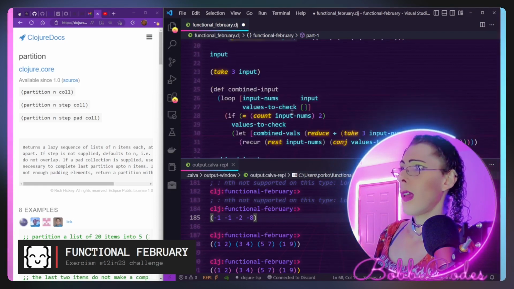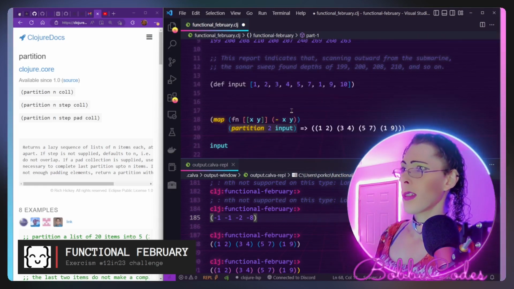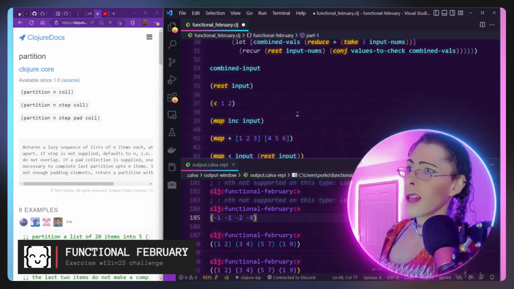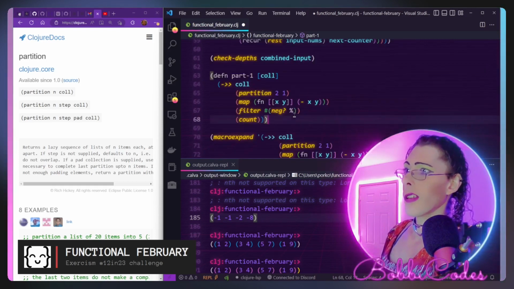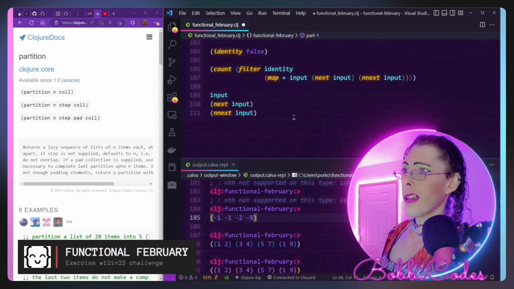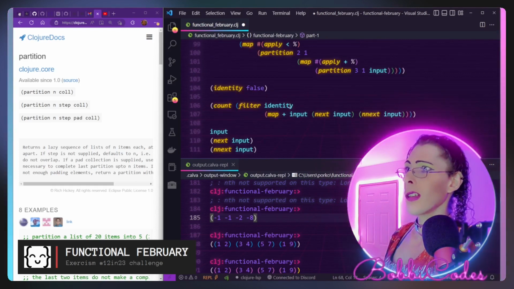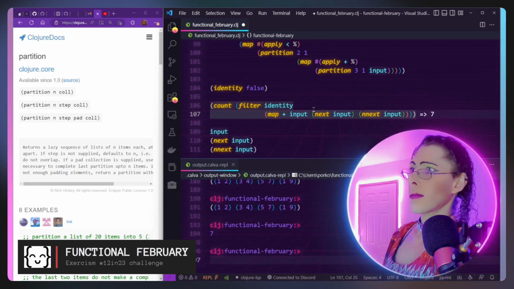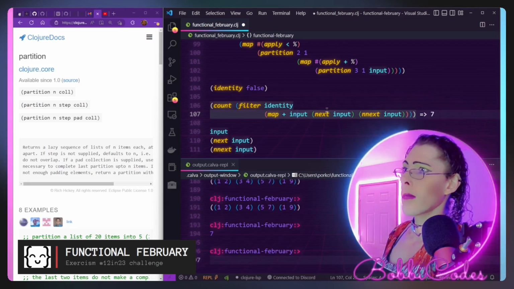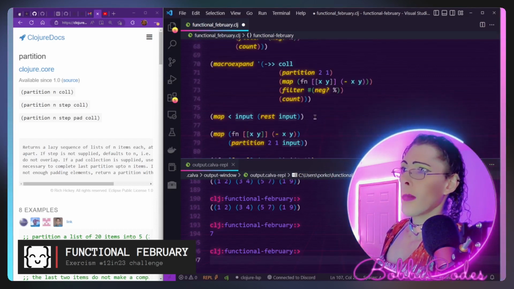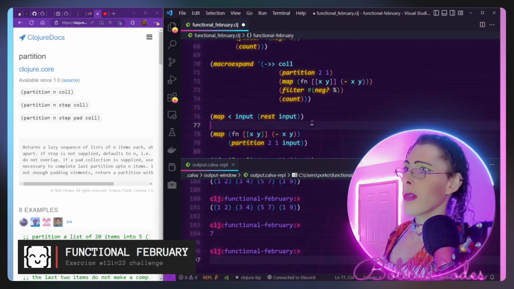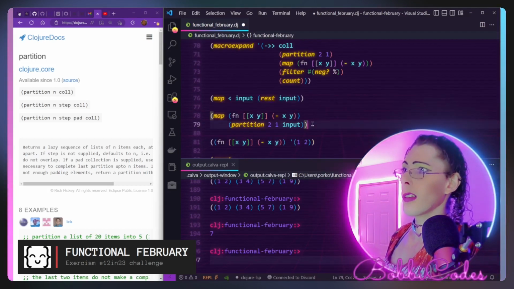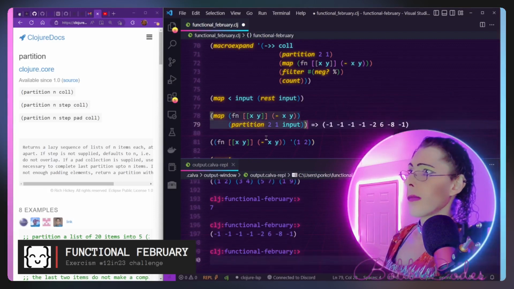So that sounds plausible. Keep in mind that we already solved this with this tiny little solution right here. And so what I'm doing now is just showing a different way that we could have done it with